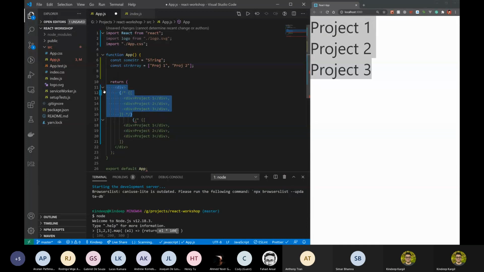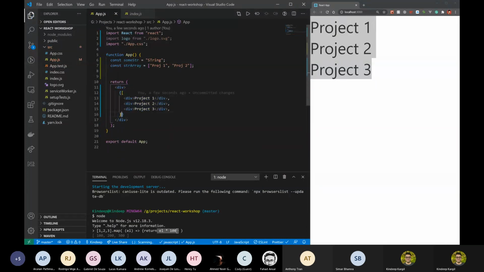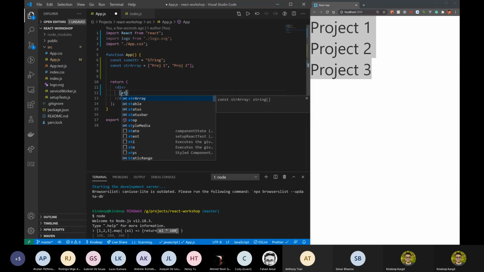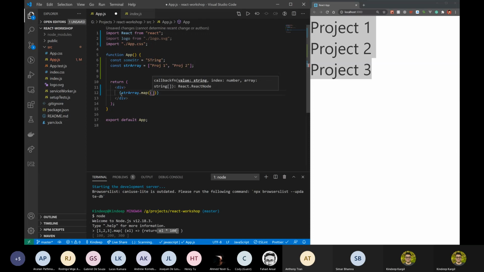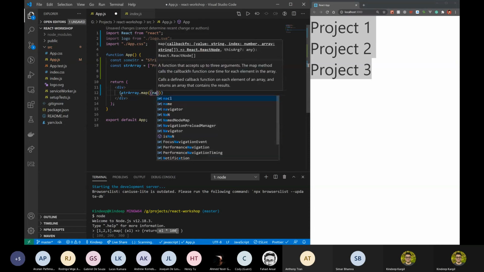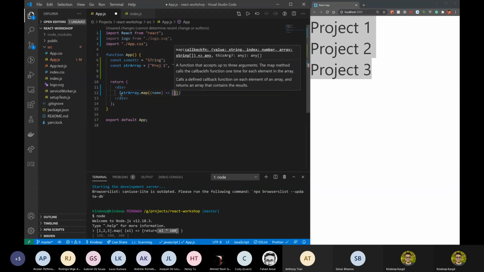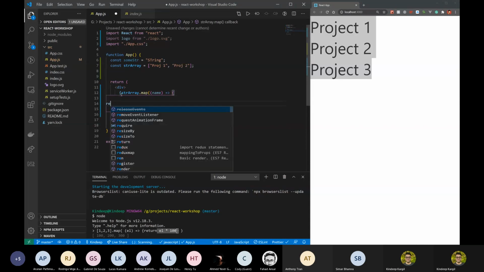Or actually just get rid of it, because otherwise we're gonna get more confused. Right, so here in these curly braces, we need an array of project elements. Now let's go over our string array. We're gonna map through that array, take each project name, and for that, we're gonna return